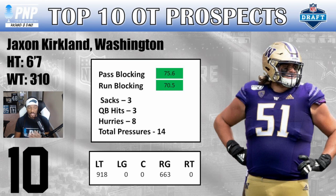Also at the bottom of your screen, you can see where these individuals lined up. Where do they line up? Some guys may get moved into guard, and some guys play their entire career at left tackle. I just want you to be able to see where they lined up